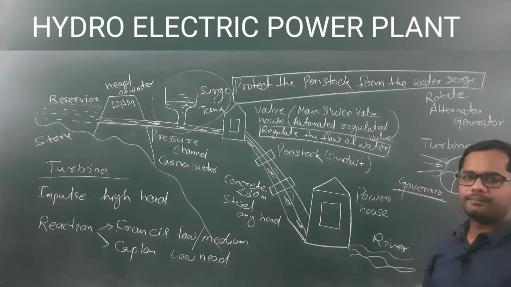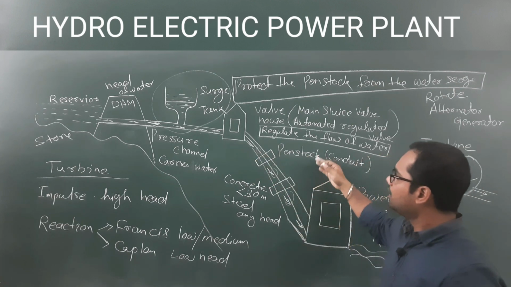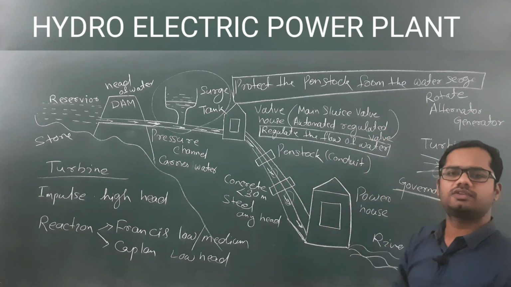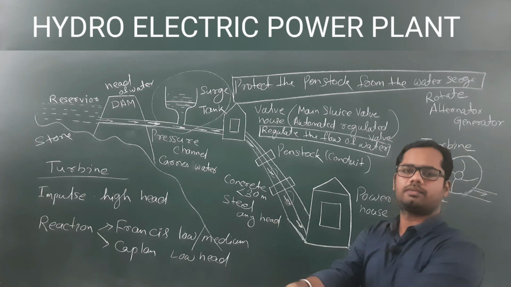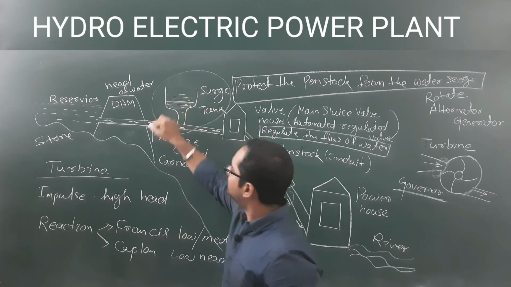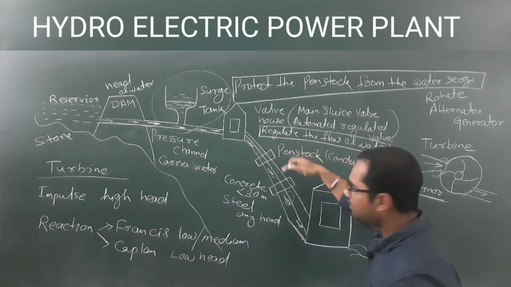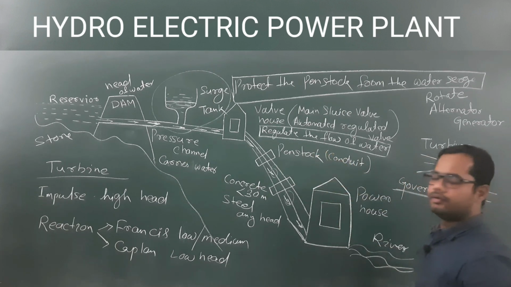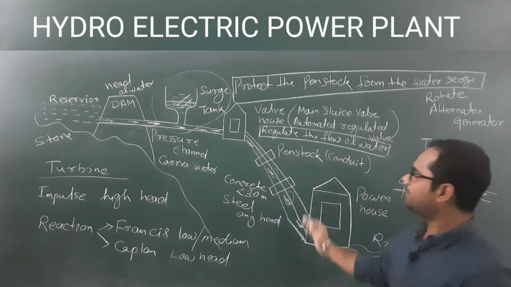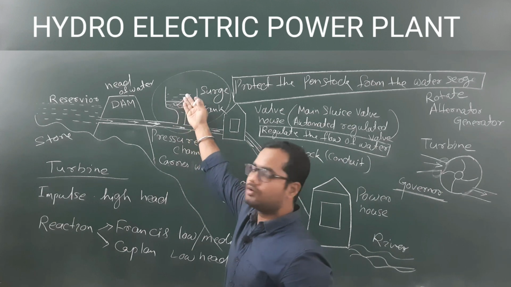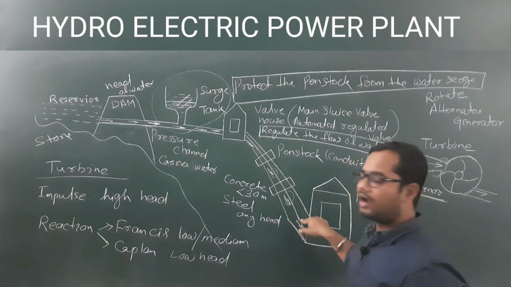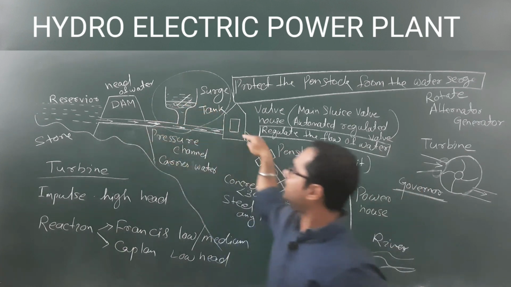If this will not be covered, then what happened? The pressure outside the penstock will be more, and this will try to crush the penstock inwardly. So to release that pressure, what happened? Now the excessive water which is required to cover that void, to cover that air, will come from your surge tank. Okay, that means that pressure will be released by the excess water present in your surge tank. That means suddenly that water will come to the penstock, and again its level will be maintained by the flow of water from the reservoir.